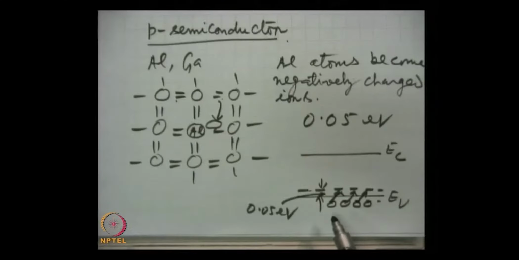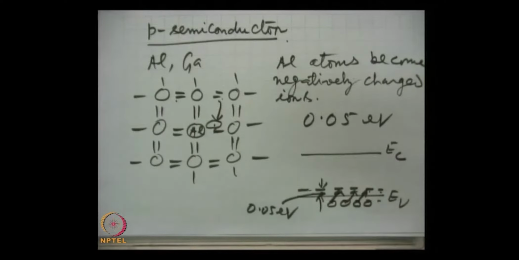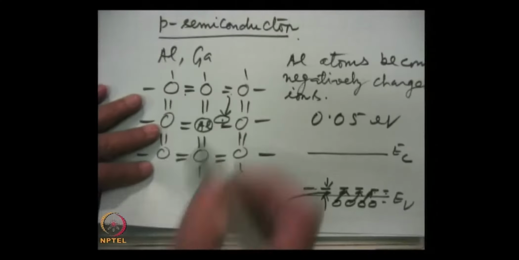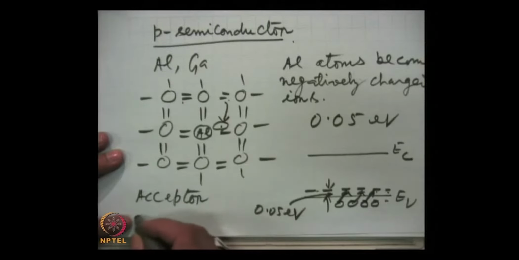And here, when this electron moves to this impurity energy level, it does not release any electrons in the conduction band. So, this material will be rich in hole density. This third group impurity is called acceptor impurity. So, we will remember that